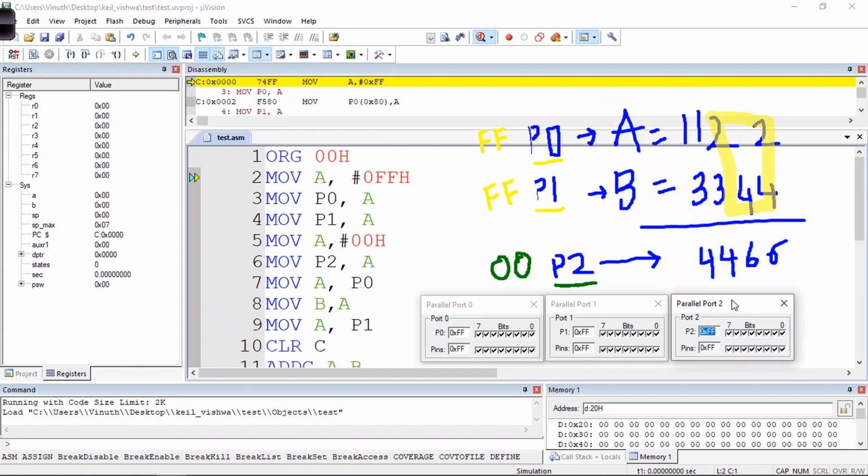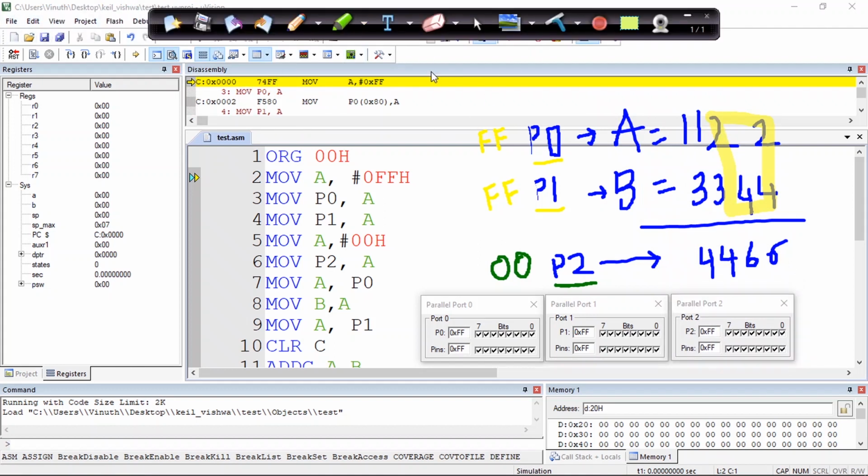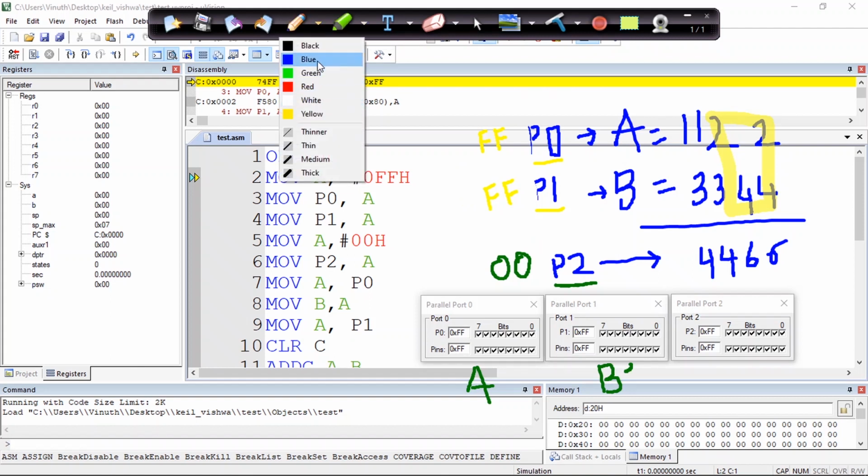Let me name these particular ports. This is my port 0, so this is my A, and this particular window is my B, and this window is my sum.